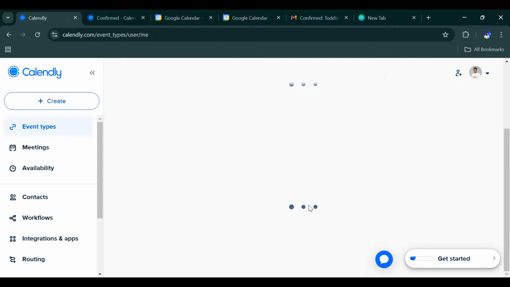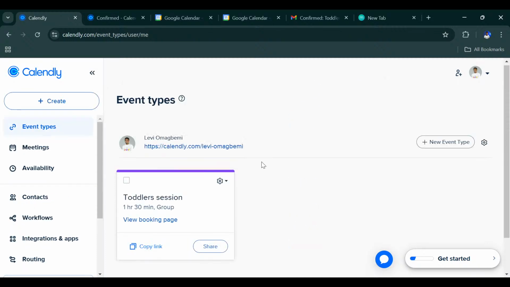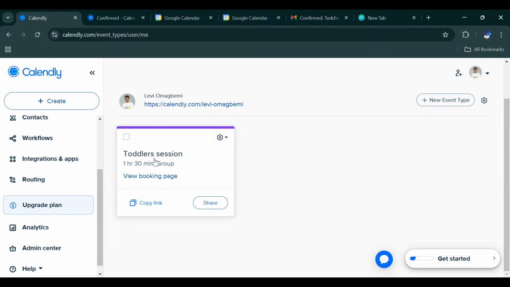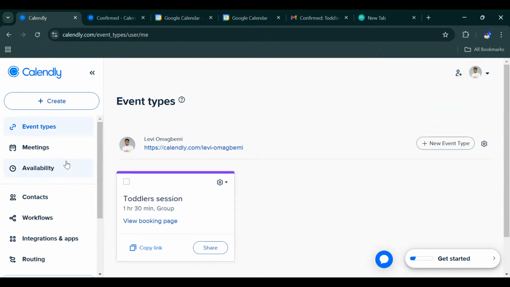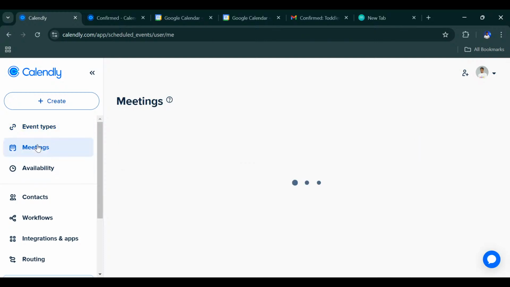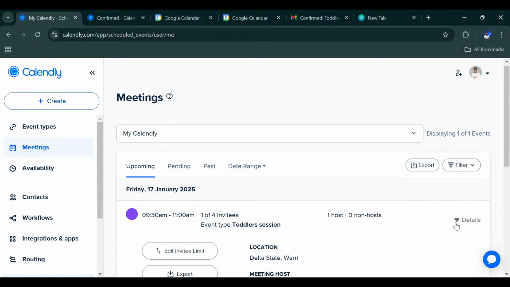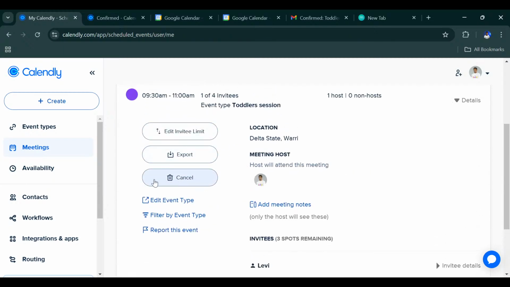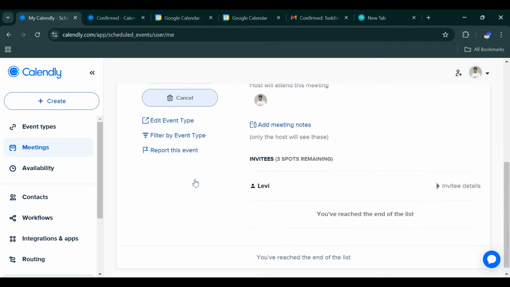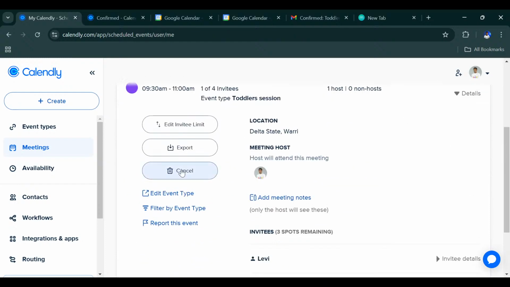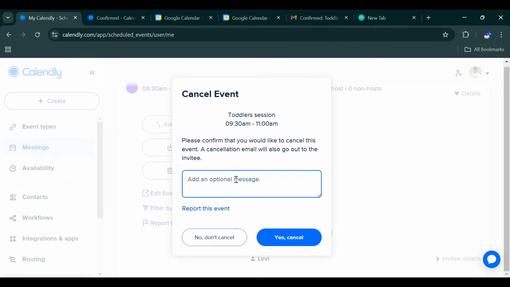So I'm going to go back here, and now let's try to cancel an event. Let's cancel an event and see what will happen. So I'm going to click on the event. To do that, actually, we have to come to meetings. So we can see all the events we have here. And if I decide to cancel this event, I can cancel the event. And let's cancel this event and see. So I can cancel this event, and